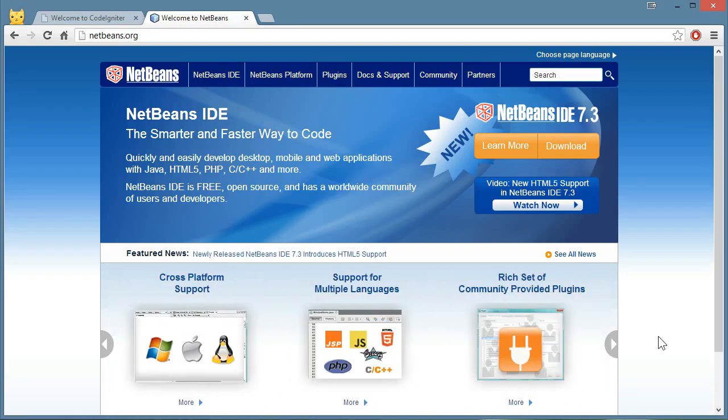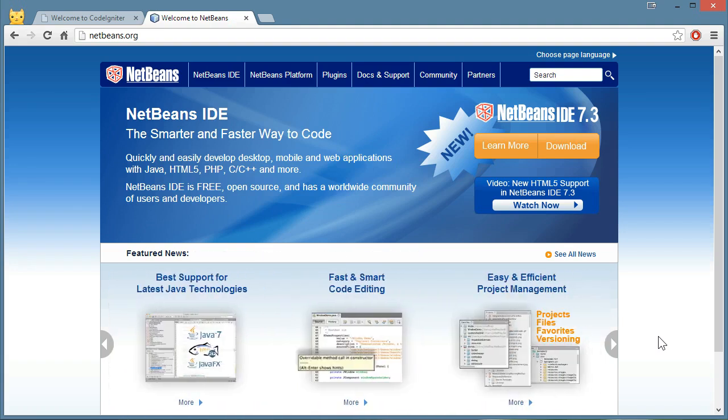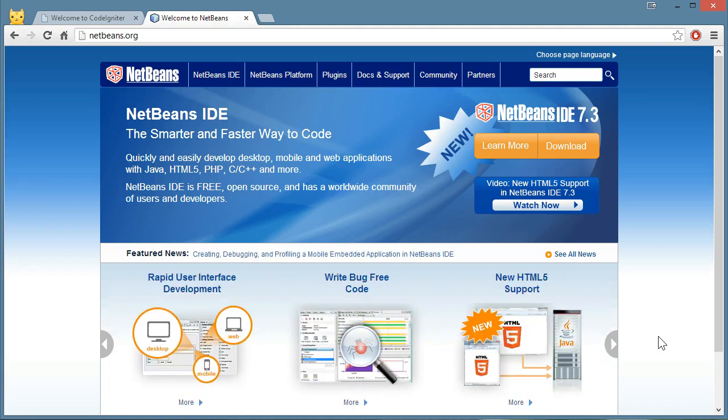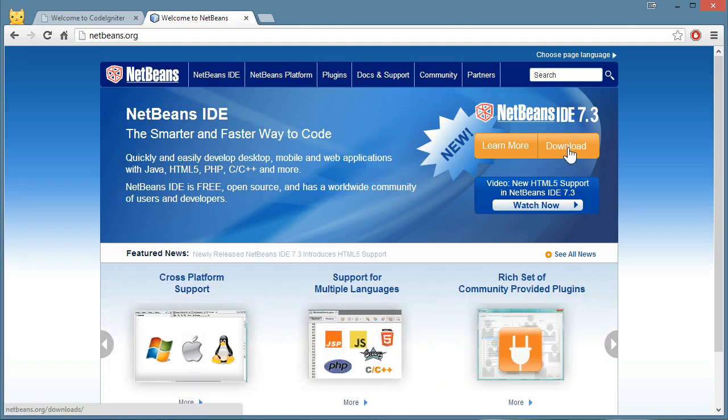Since we got our project started, we now have the option to choose how we want to work with it. And my favorite editor is NetBeans. You might prefer Eclipse or some alternative, maybe even Sublime Text. But I prefer NetBeans just because I think it's really easy to use. So this is optional. If you do want to use NetBeans, what you can do is just go to netbeans.org,